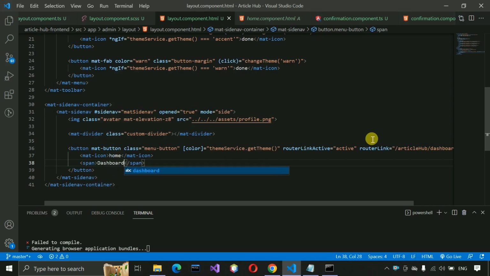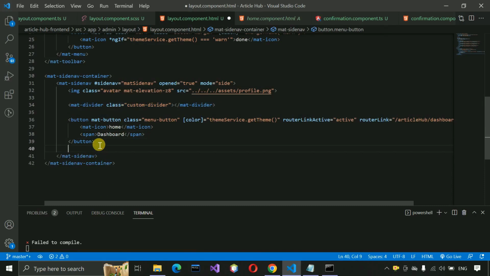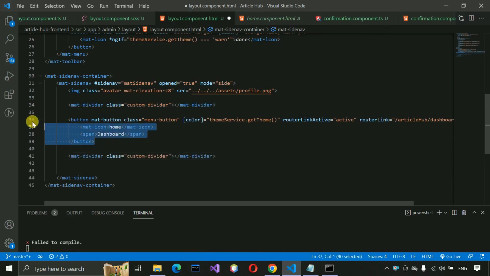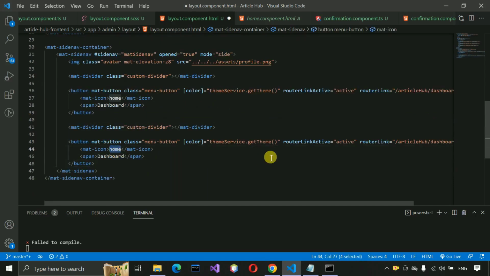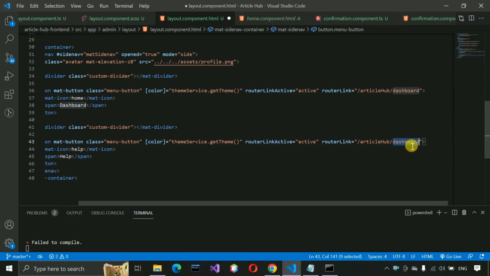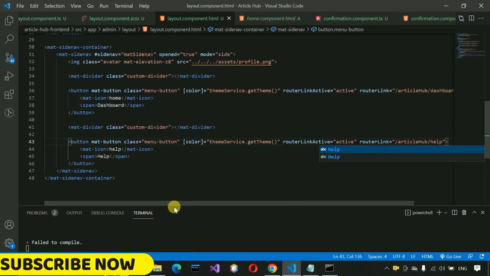Save this, and in the same way we just need a divider here, just paste it after the button, and then we are going to copy this button code and paste it over here after the divider, and here we just need to change it for help. Here in the span we are also going to change it to help, and we also need to change it in the route. So here we just need to change it to help and save this. After that,